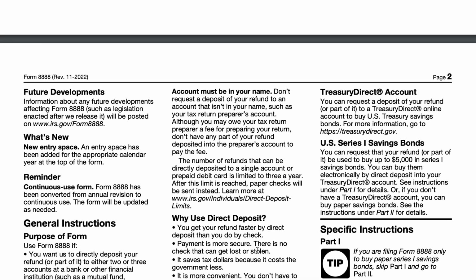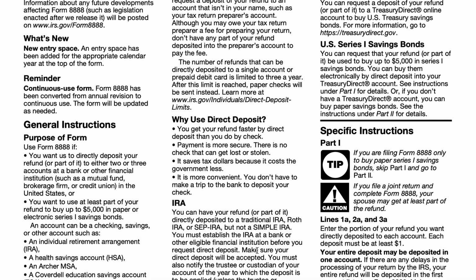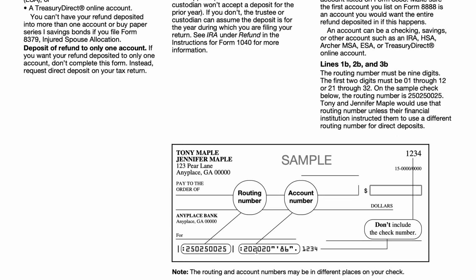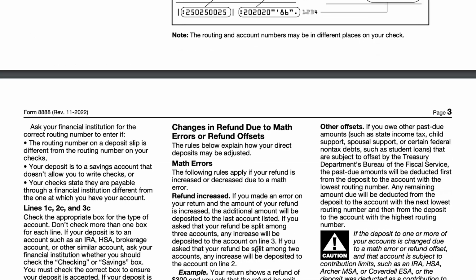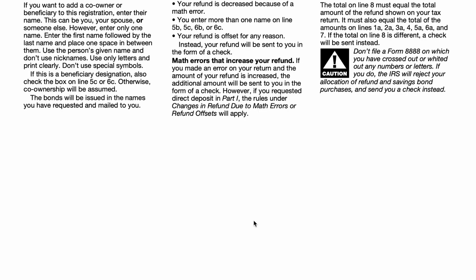The remaining 3 pages contain the form instructions, the purpose of the form, why you would use direct deposit, information about savings bonds, and then specific instructions for each of the lines that we'll go over momentarily. So let's circle back to the top of